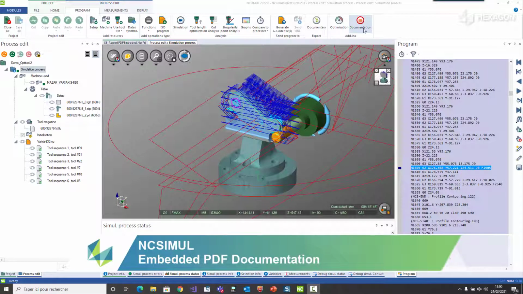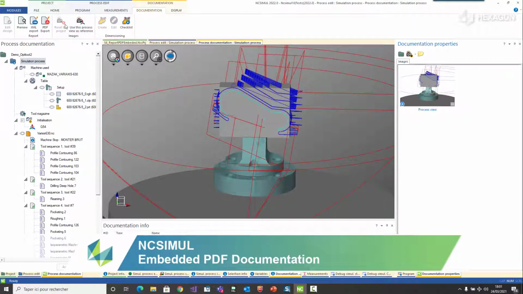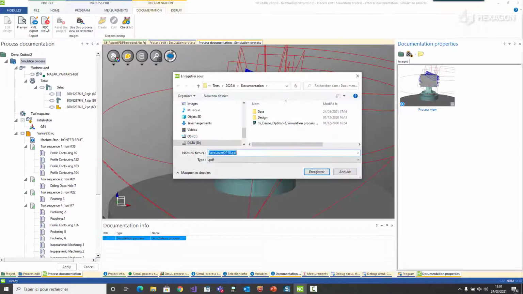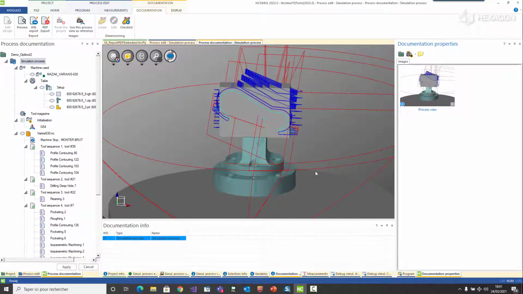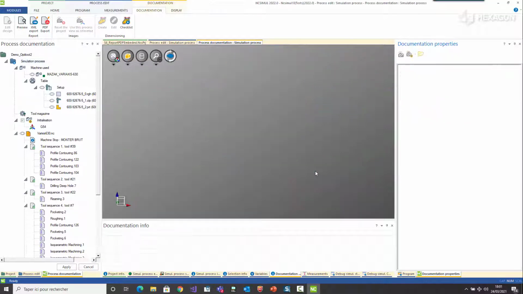Inside the documentation module of NCSimul, there is now a new icon for automatically exporting a PDF of the final report. After clicking the icon, simply select the export location and name and hit OK. NCSimul will compile and create the PDF file based on any custom template that your shop floor is familiar with